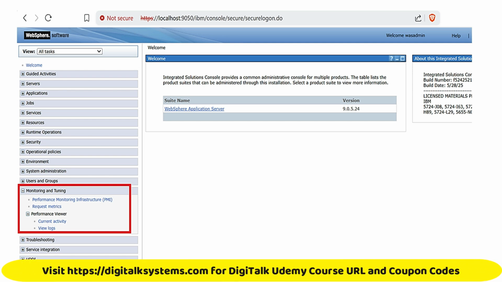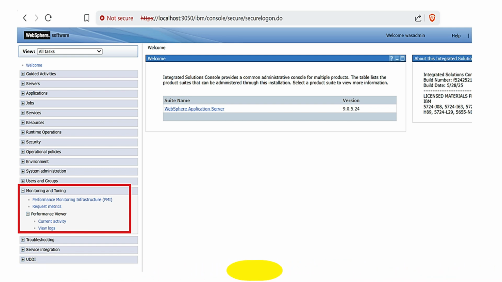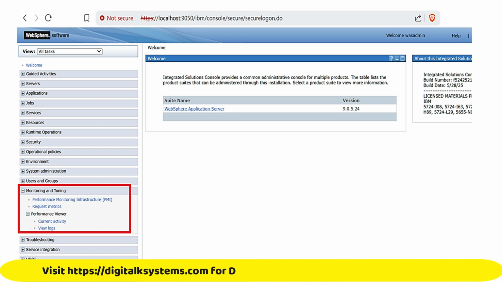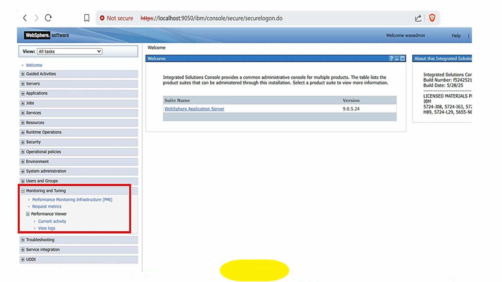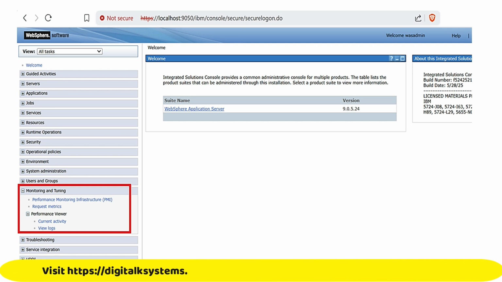Because when we say tuning, or maybe troubleshooting, we should have an insight of our current system, or whatever is currently getting executed in your system, so that you have complete clarity on the exact utilization of the different parameters. For example, let us take the example of JVM heap size only. If you have configured 2 GB of heap size for your server, then you should have clarity on the utilization of that heap at a particular moment,